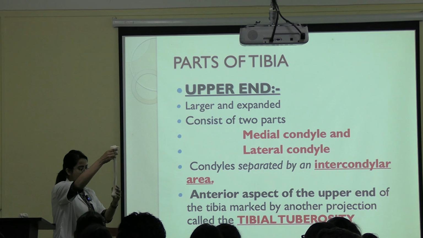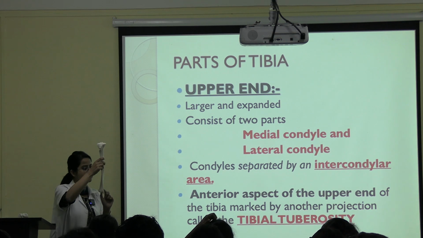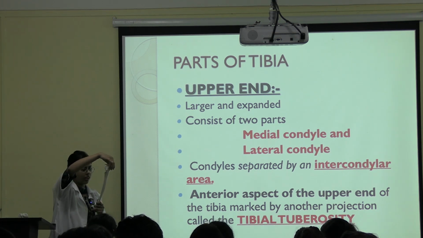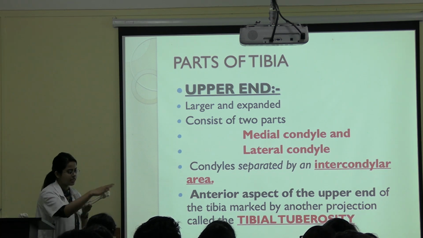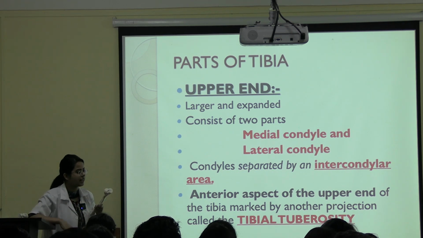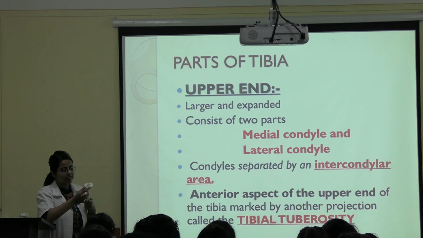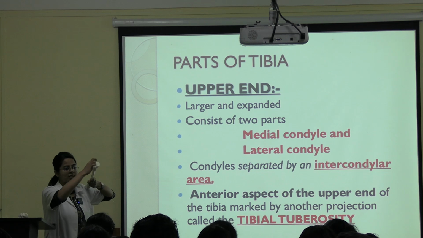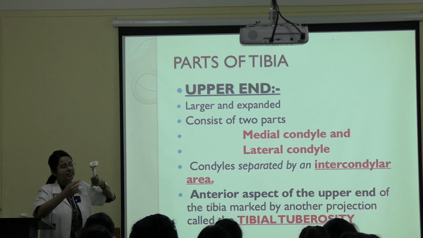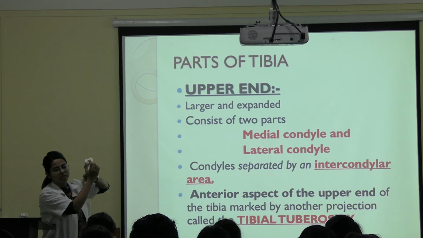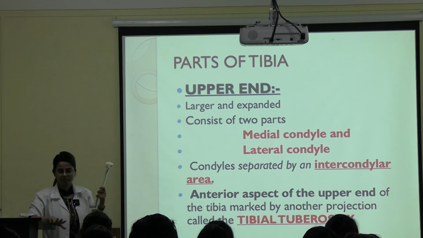Yes. Okay. See, this is the medial condyle. How will you know that it is the medial condyle? You will see that the medial malleolus is present medially. So this is the medial condyle. This is the lateral condyle. In between them there is one area. This is the intercondylar area which is present between two condyles. Clear? In this entire intercondylar area there is one elevated part in the middle. This is the intercondylar eminence. And in this intercondylar eminence you will see these two projected parts medially and laterally. These are intercondylar tubercles. Clear?